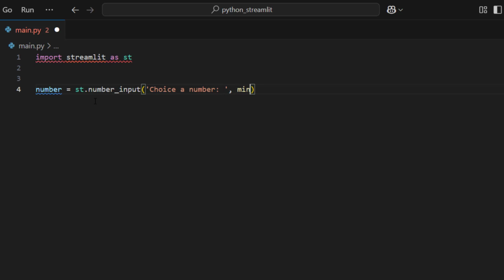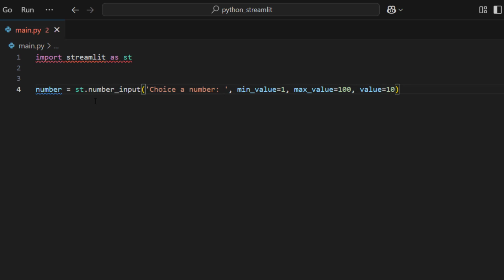In number input we can give the min and max value that can be inserted inside of this option. So let's do min_value equal 1, comma, then let's give also max_value equal 100. Then comma, then say value equal 10.